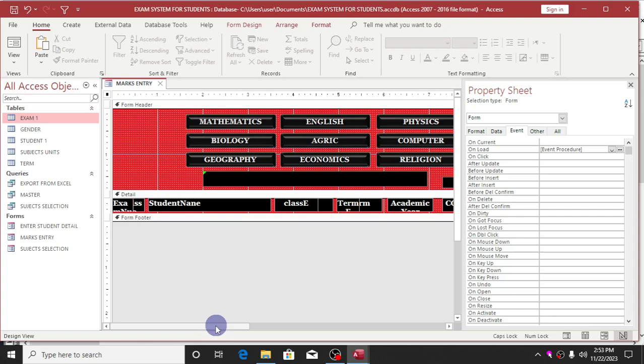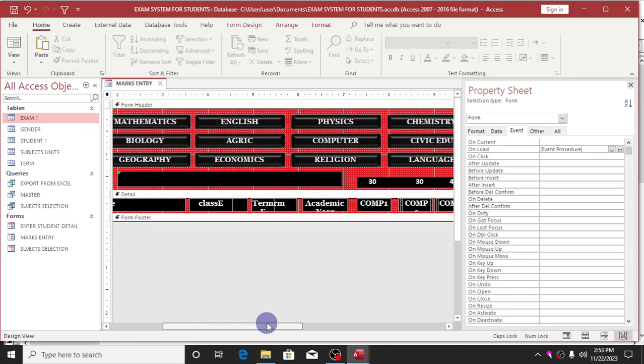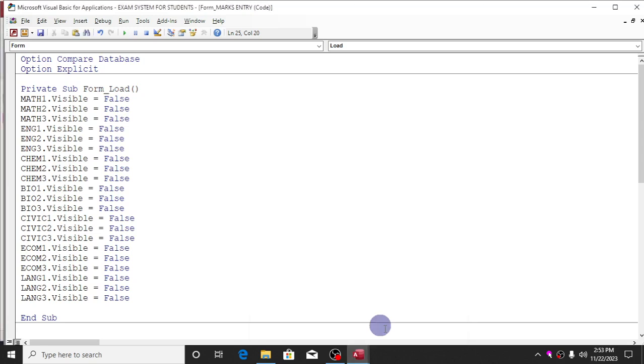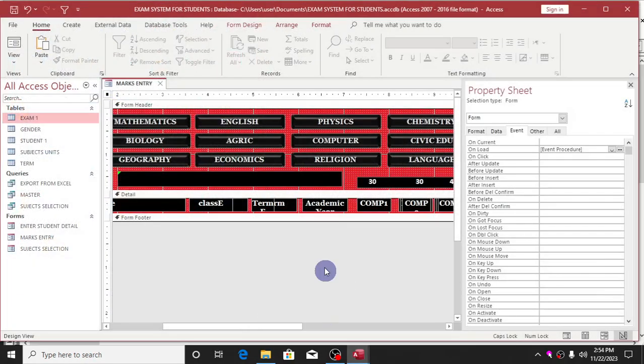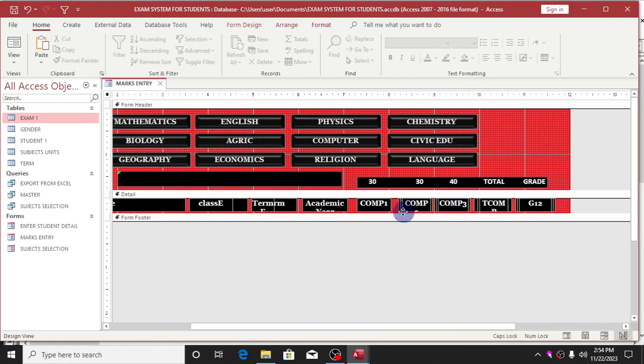What we are trying to do is that once we finish all these ones, all this false, visible means false. That means if you put them here, when you unload, that's why it is unload. So when you unload it, all these ones will disappear. You will not see them on